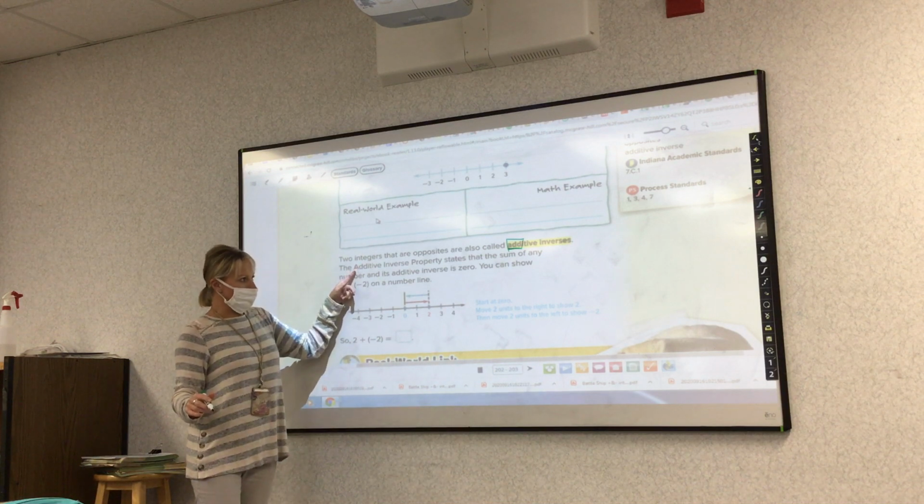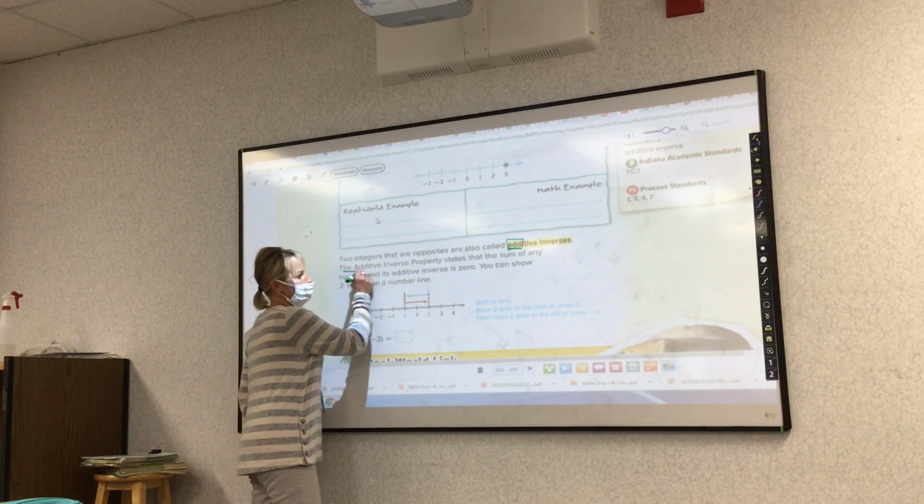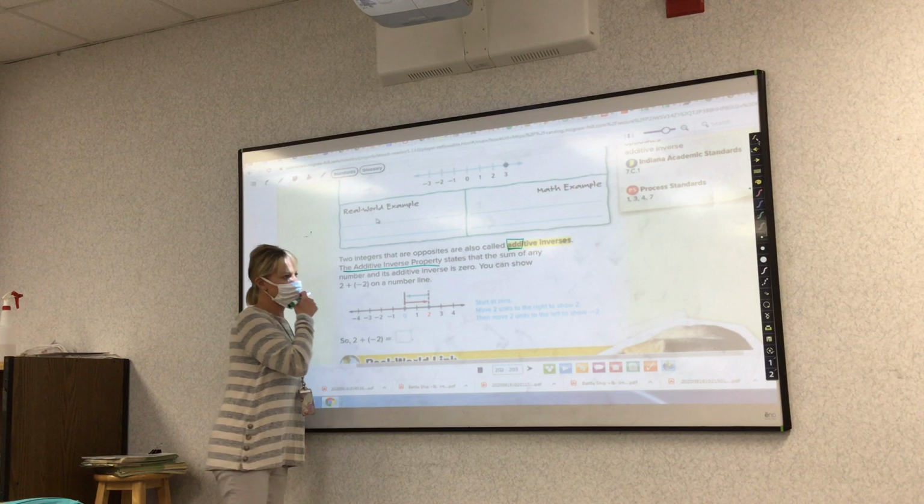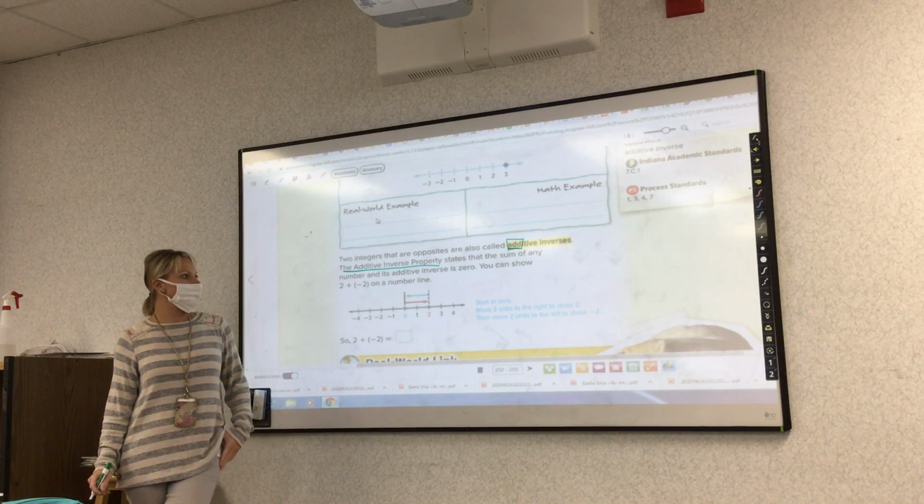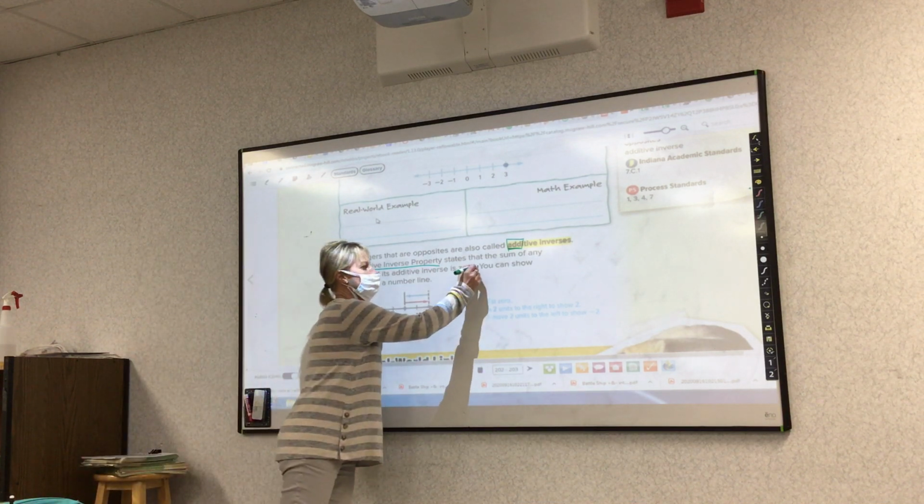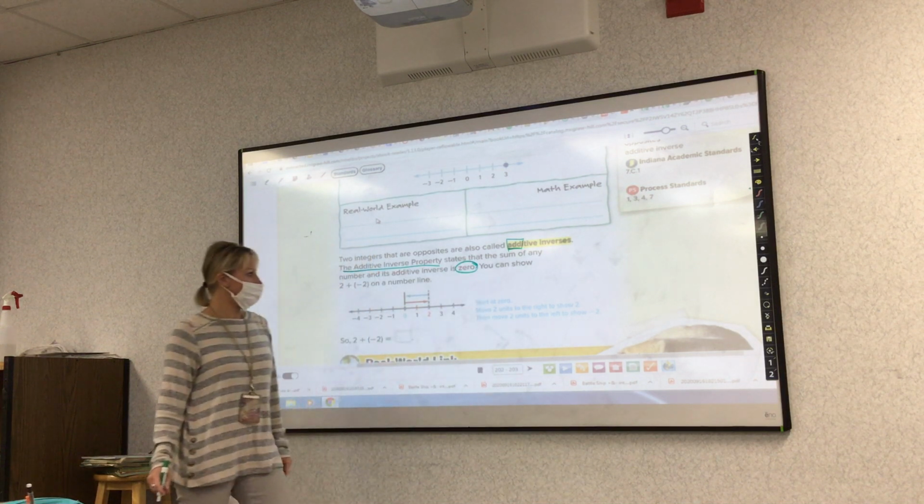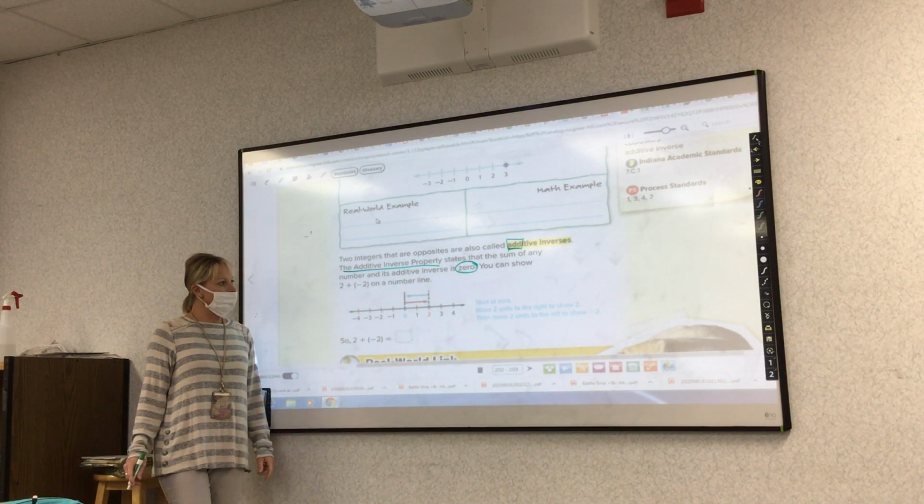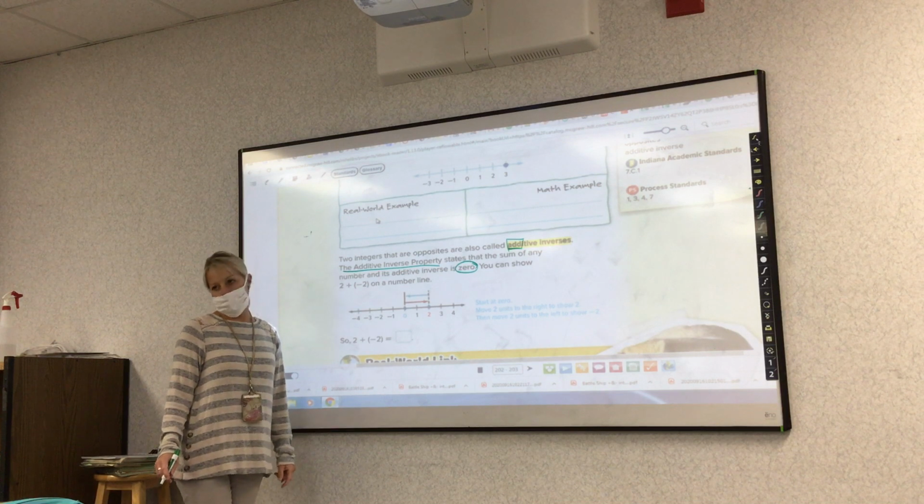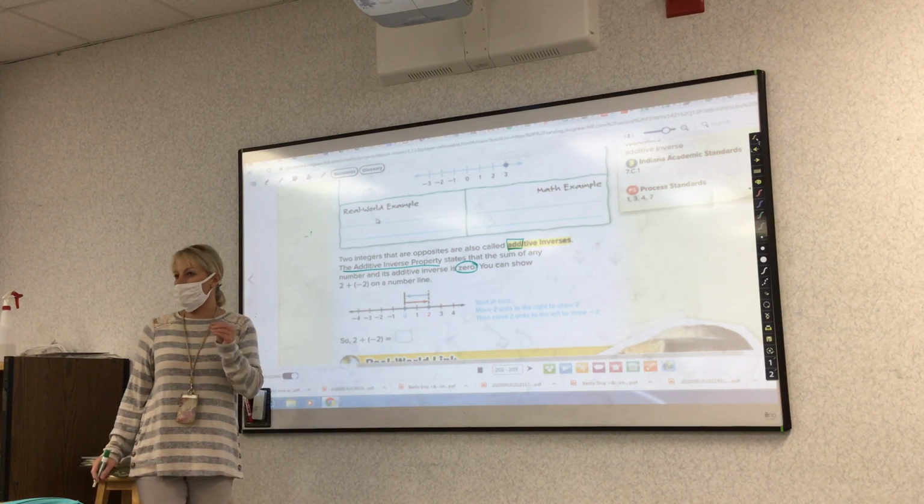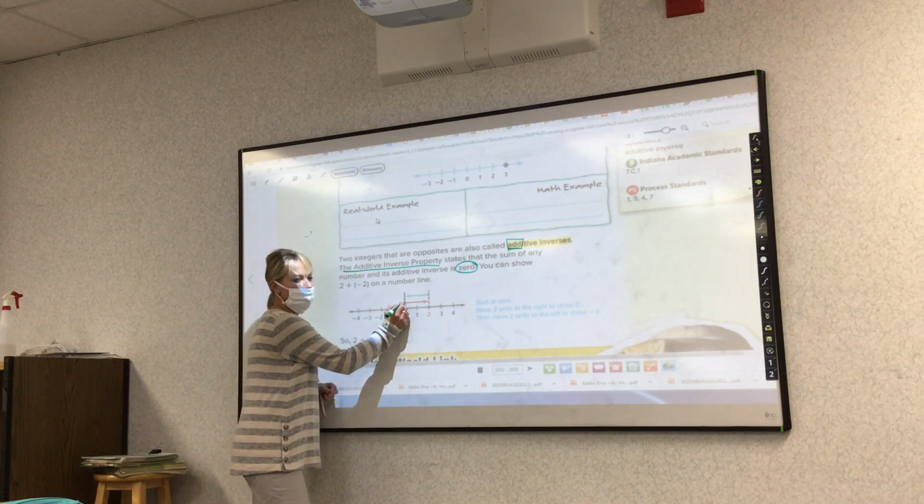The additive inverse property. Underline that. States that the sum of any number and its additive inverse is 0. Circle 0. You can show 2 plus a -2 on a number line. When you show things on a number line, you always start at 0